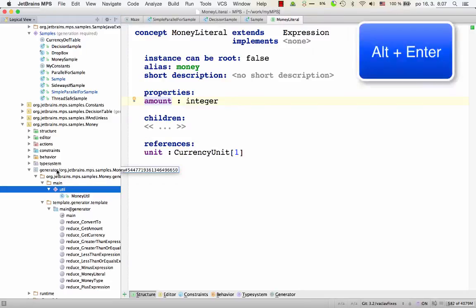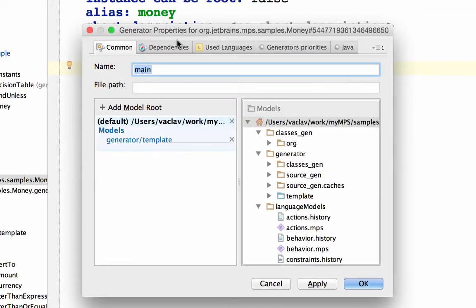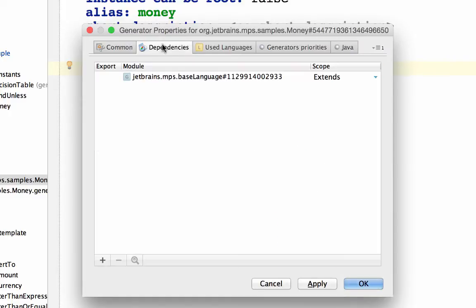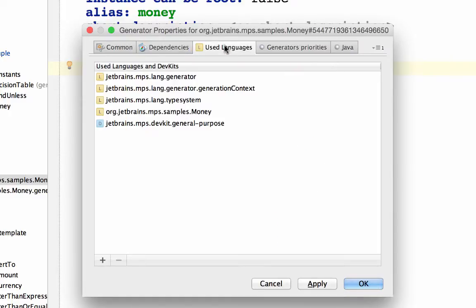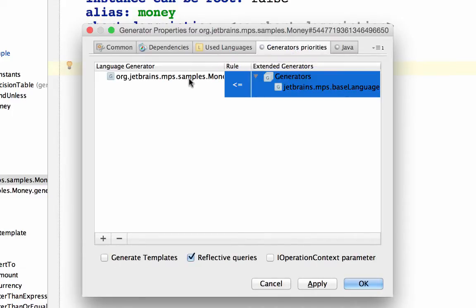So if you want to refactor your generator into reusable classes, you can do so by creating more models inside the generator. On the generator module, you can define properties similar to those you can define on languages and solutions, which are also modules. So you can define its dependencies and the languages that you can use inside the generator. Additionally, you can define priorities, so you can specify that a particular generator can only run after another generator. So in our case here, we define